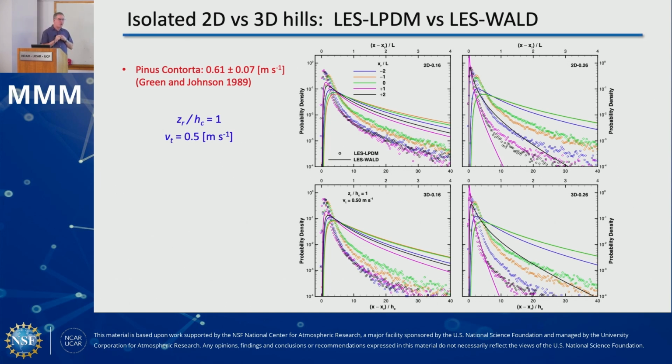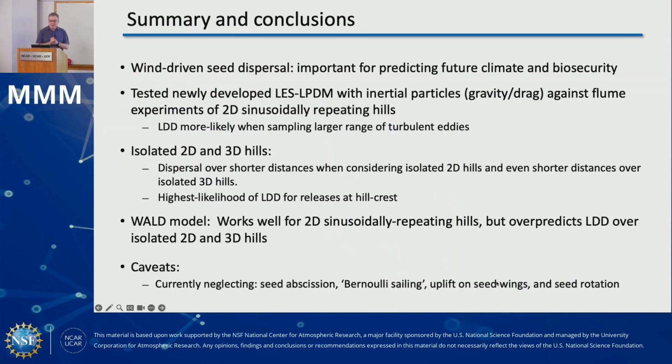the walled model tends to overestimate the long-distance dispersal, and that is largely tied to the fact that we don't have these repeating hills and the fact that it's the 3D versus the 2D hills. So you can see the 2D hills actually look better. The walled model does a better job of reproducing those than it does the 3D hills. So there's still a lot of work to do with this,